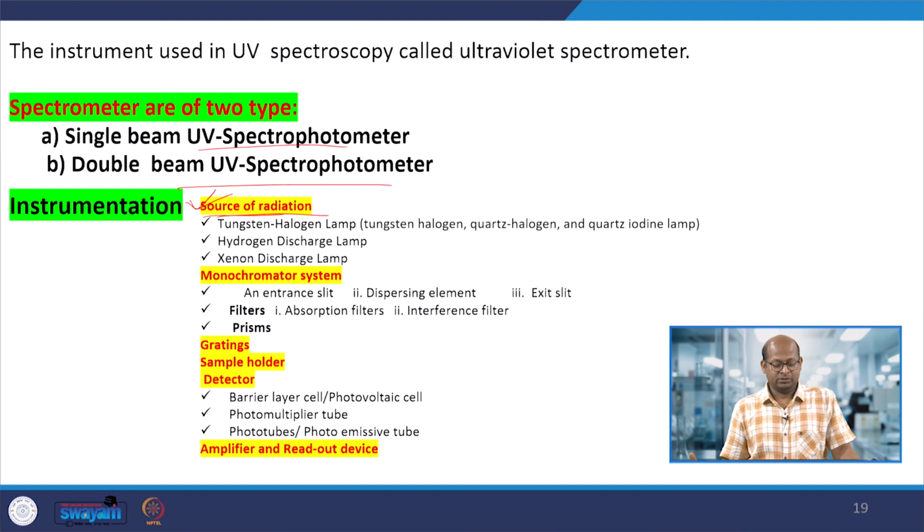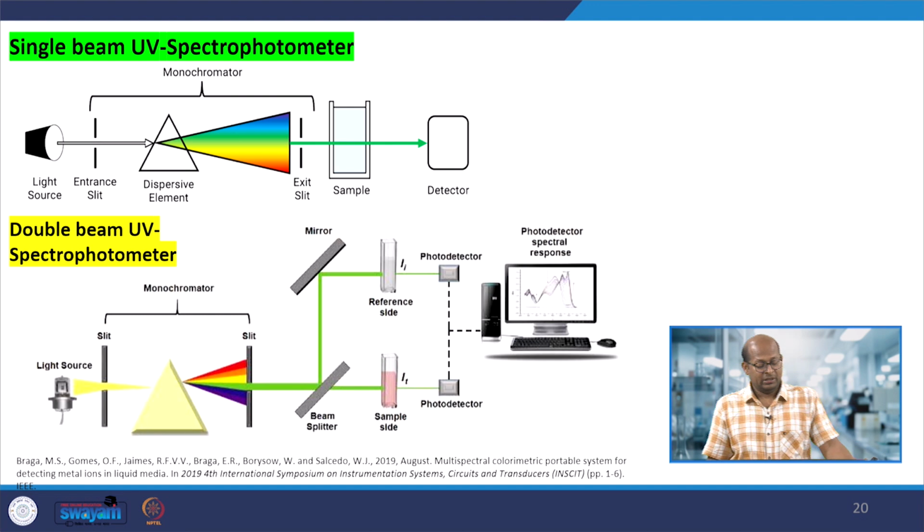That is the source: tungsten halogen or quartz iodine lamp is present as the source of the UV-visible light. Then there is the monochromator, gratings, sample holder, detector, amplifier and computer. With the help of that we can get the signals, the spectra of the nanomaterials present in